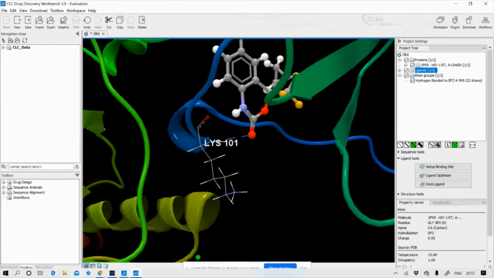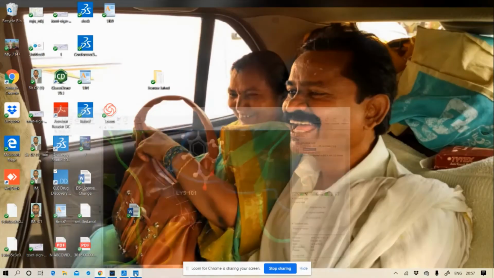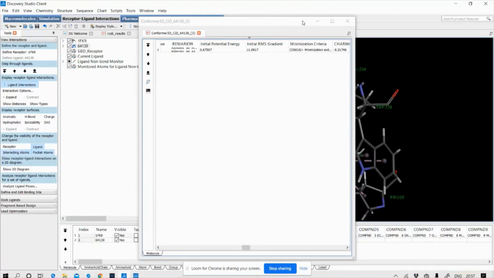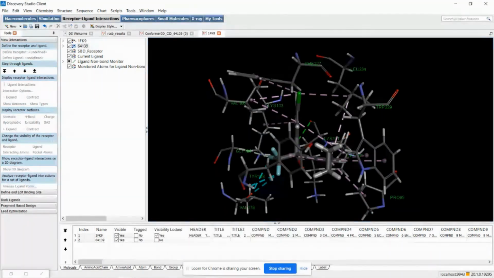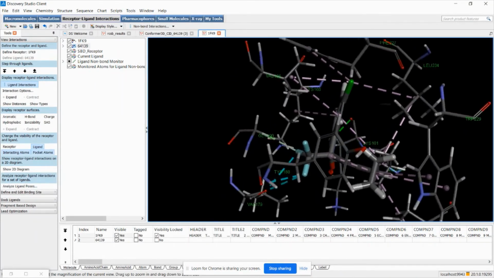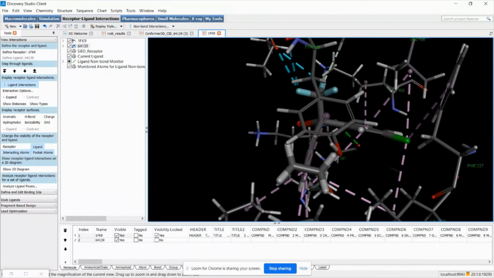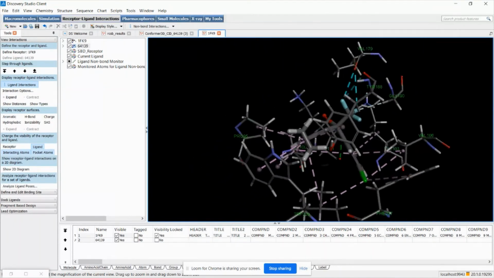Let us go back to Discovery Studio and see whether our results are perfect or not, whether it is in compliance with docking data or not. Here if you see, the lysine 101 is exactly in binding, that too with hydrogen bonding into the receptor pocket.